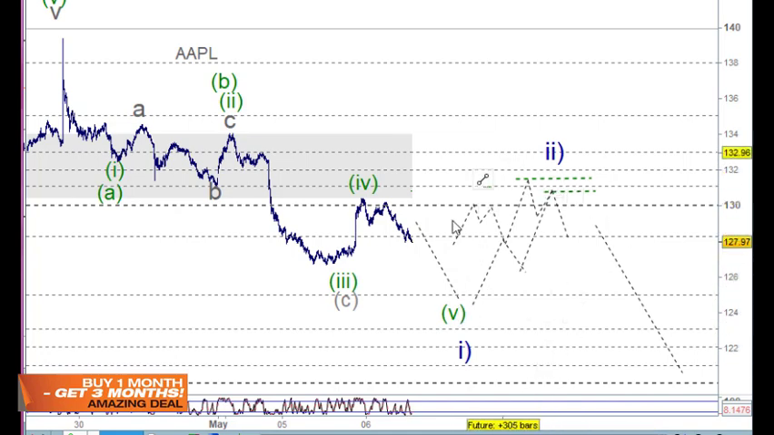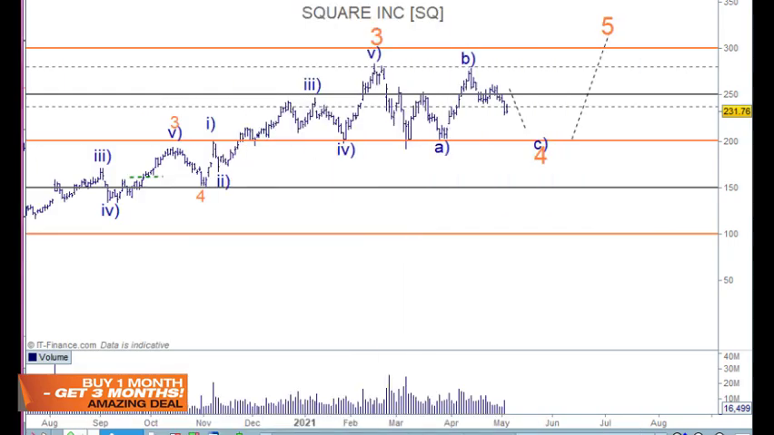So we'll look at that when we get there, but let's confirm what we have first, and then we'll know what we're going to get next. So a little bit more patience for Apple. And Square,